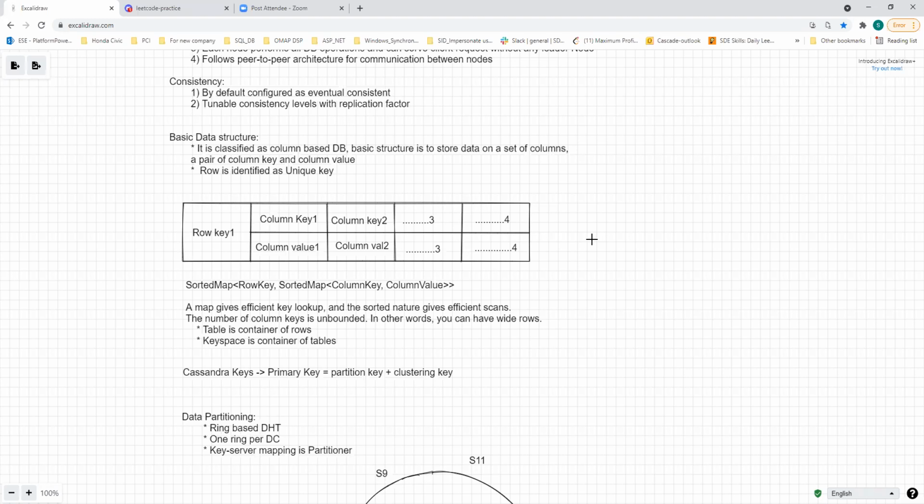Okay. Yep. Thanks for actually giving those inputs. Yes, there is one interesting fact about Dynamo and Cassandra. When we were talking about Dynamo,